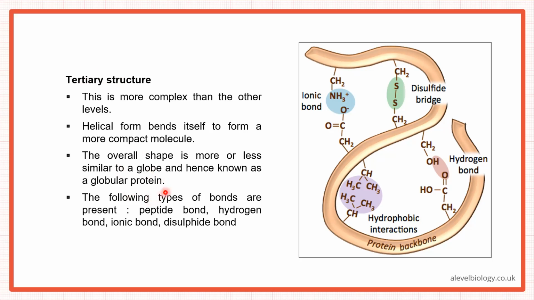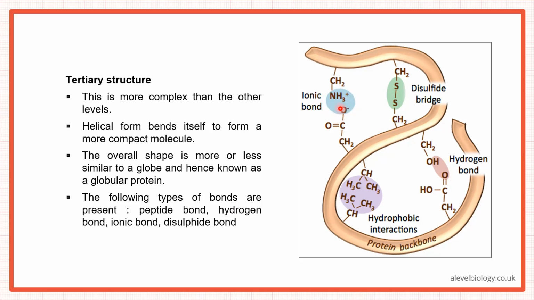and generally tertiary structures are why we call them globular proteins. Okay, the bonds that we will be looking for: peptide bond is always there, it's a protein. Hydrogen bond, you know the functional groups, there will be hydrogen bonds between them. We can have ionic bond and we can have disulfide bond also. Ionic bonds, if you look at this part here, these are charged particles now. The COO has O negative, and then you can see this NH3 has H positive. So now we have these ionic bonds between these also.